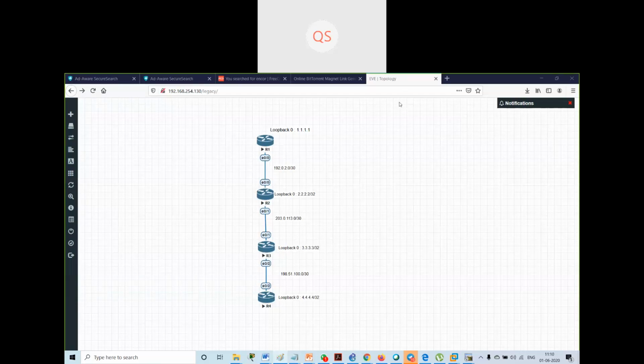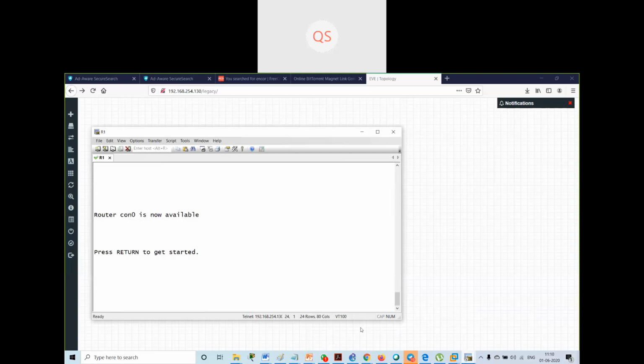So I have done the basic configuration that we have already done that day. I have created loopback addresses on all the routers. I have advertised all these routers into OSPF single area. Now when I go on R1 and check my neighborship,